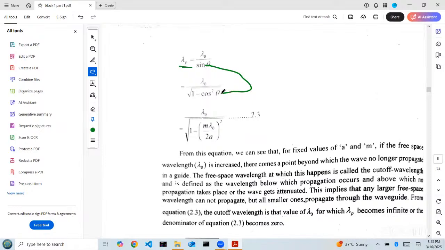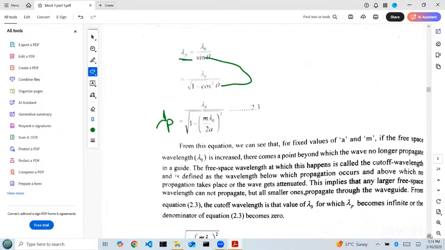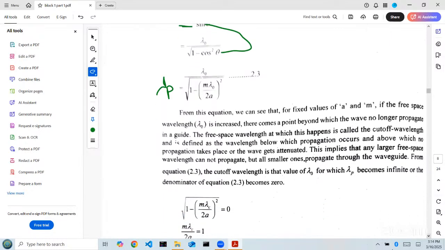Previously we got the cos value. That cos value is substituted here. So which value did we get? We got the equation for lambda p. Next, for this lambda p, I make the denominator equal to 0. If the denominator is made equal to 0,